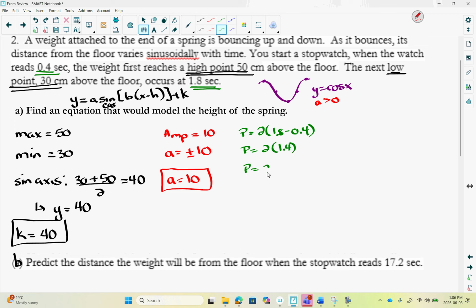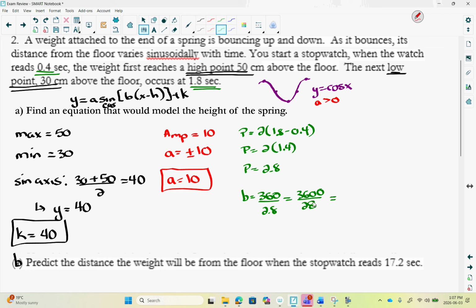P is going to equal 2.8. Cool? Now, the period doesn't fit in the equation. It's the B value that fits in the equation. B is equal to 360 over P. You could call that 3,600 over 28. And then divide both of these by